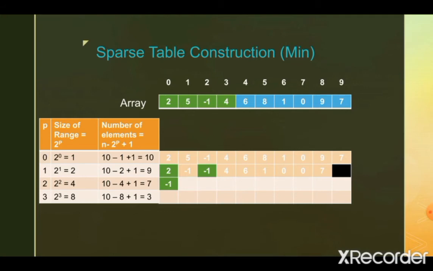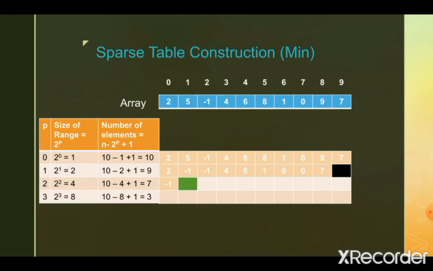So we are not iterating over the entire values in the original array. We are not iterating from 0 to 3 in this case. We are considering only the two values from the sparse table in the second row, the previous row basically. Now we are computing the value for the element in the third row. To compute that, we always consider the two values from the previous row, which is the second row, and of those two, whichever is the minimum, that value we will put here.